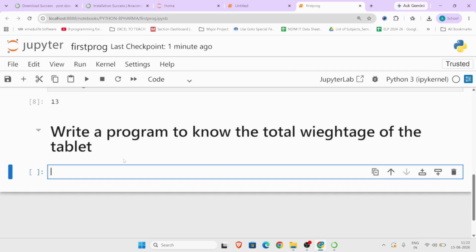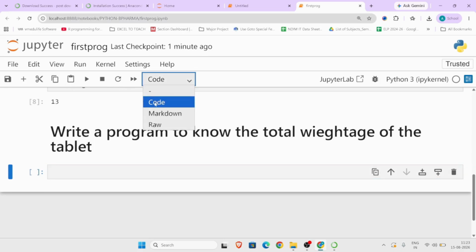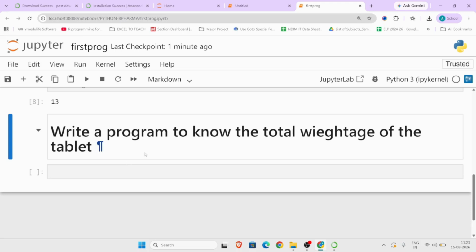So this Jupyter notebook consists of markdown and code cells. Where it is mentioned, if you see over here, it is mentioned here also. Code means you are in the cell where you can write down the code, and the line number always appears over here. Markdown means you can write down some information related to the code over here as your notes, right? So what is the shortcut to go to markdown? Escape then M, and to go to code, escape C, right? So with this you can write down more programs. So just come with Anaconda downloaded today.